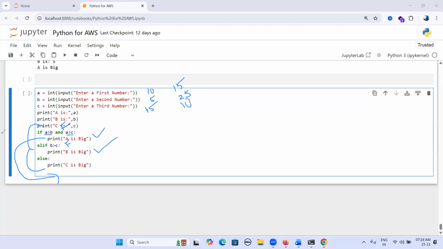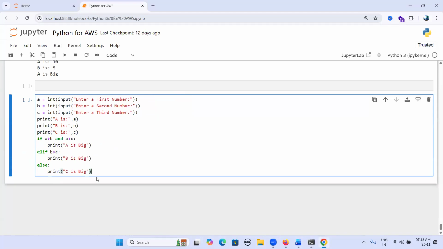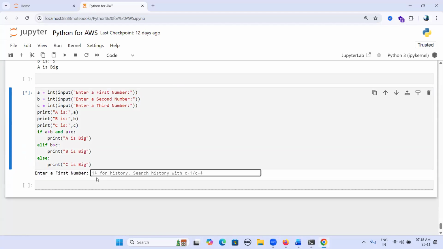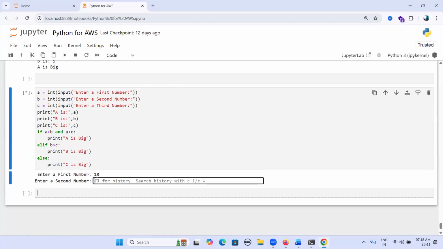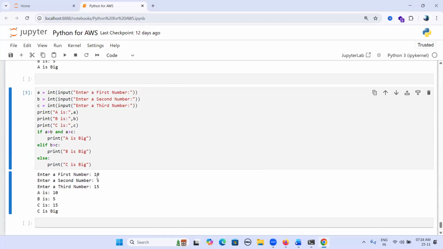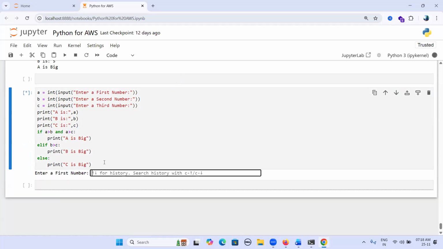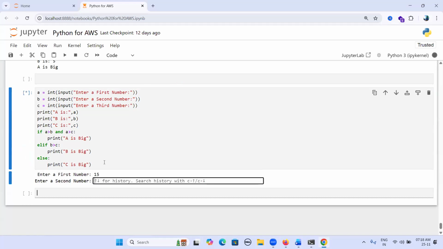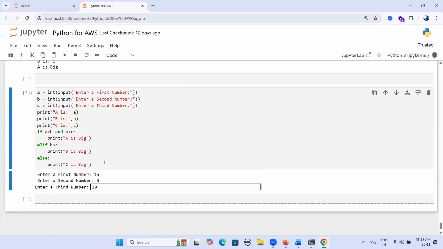Okay, let me execute this program. Shift enter. I am entering 10, 5 and 15. So we are getting C is bigger. Now let's execute 15, 5 and 10.